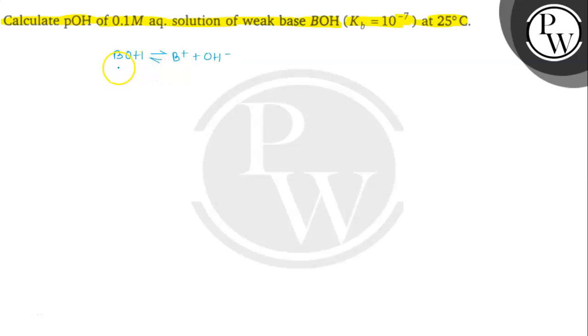and initially at time t equals 0, the concentration of BOH is 0.1 molarity, and at that time the concentration of B plus and OH minus is 0. So this is time t equals 0, initially, and this is at time t,